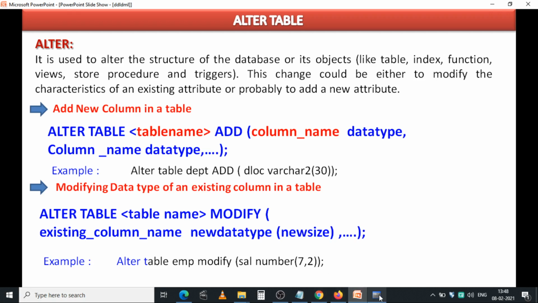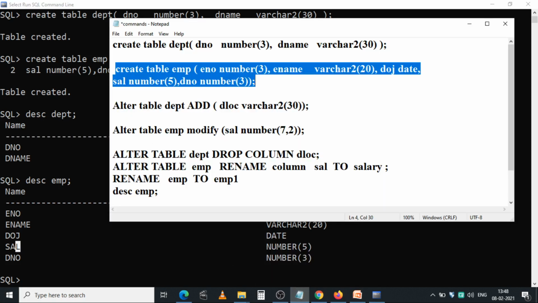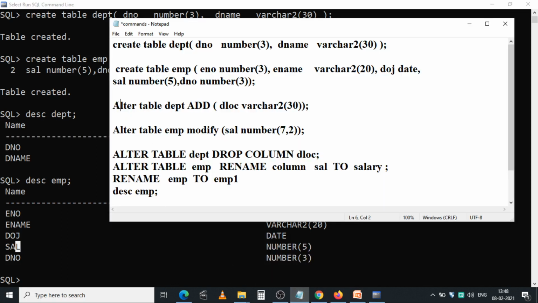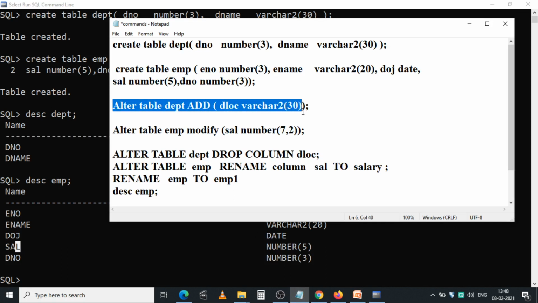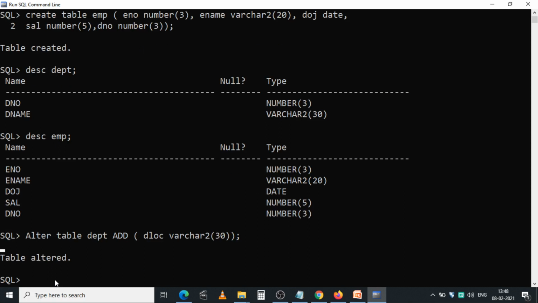Now practically we'll see how these commands execute. I want to add one more column to the department table. Just copy this and paste here.